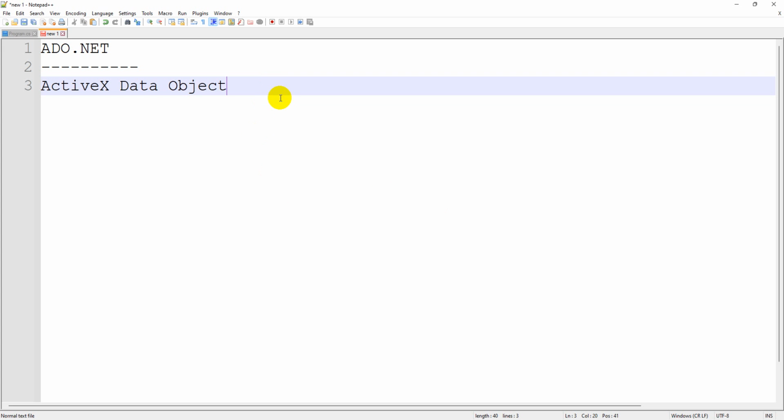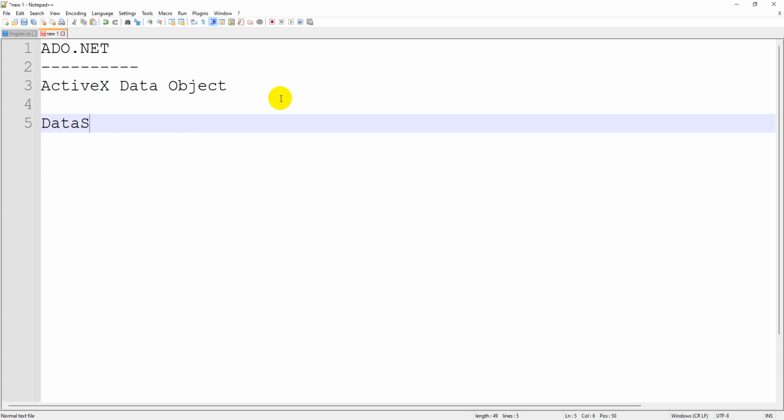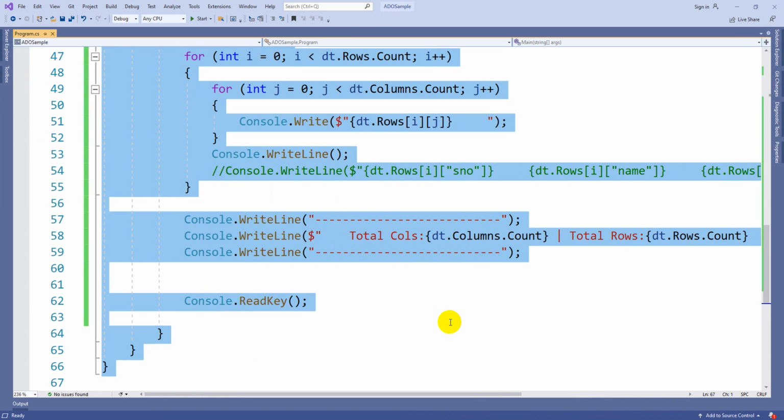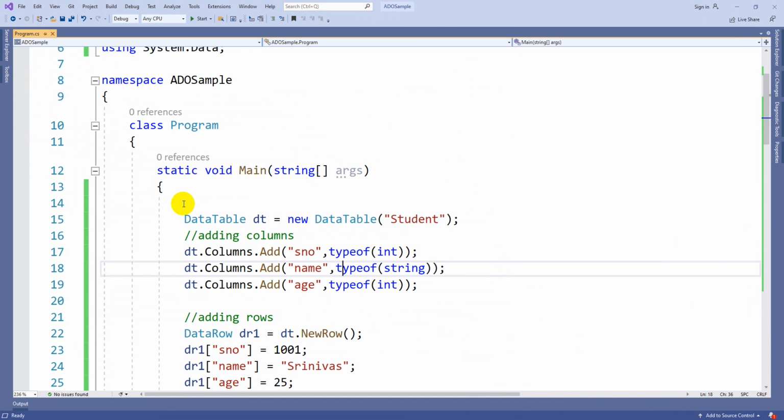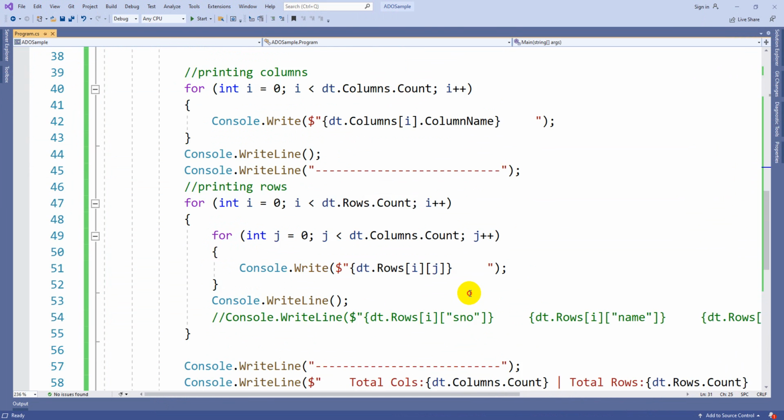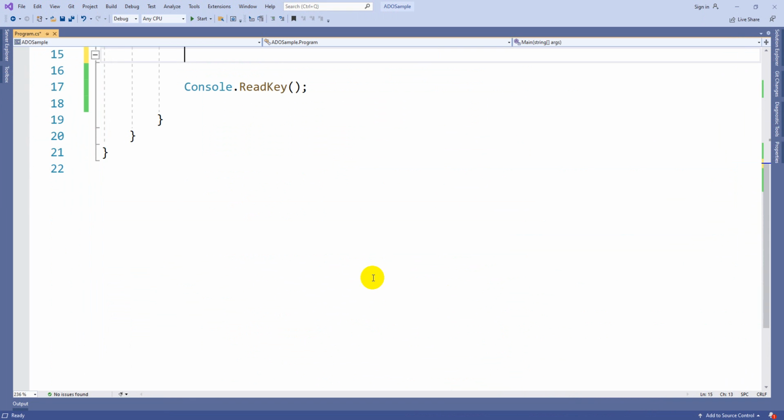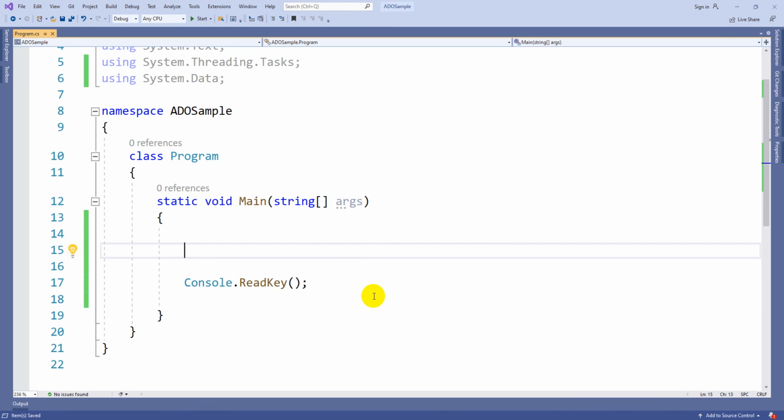Yeah guys, now we are going to discuss this data set. As we have already covered data table, a data set is nothing but a collection of data tables. Let's have a simple program which can demonstrate this data set. If you know data table, you can manage and maintain the data, but a data set is required sometimes whenever you have multiple tables. So you can group them as a list of data tables into one unit, that is what is called a data set.